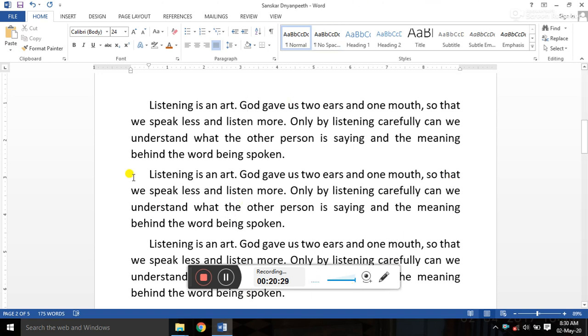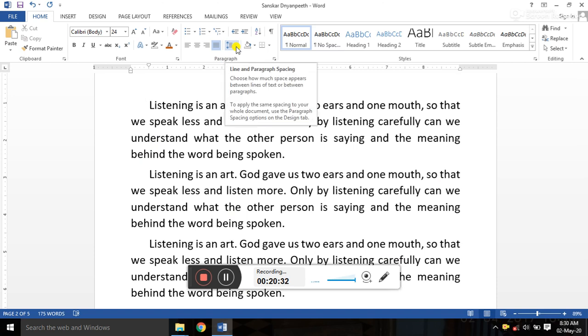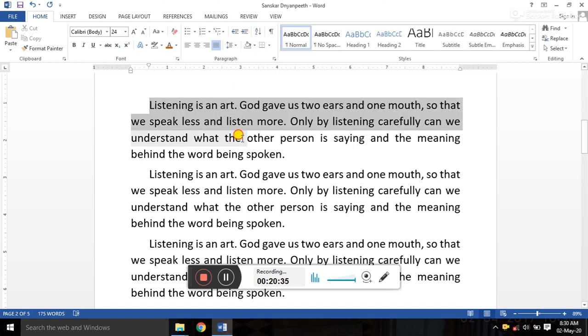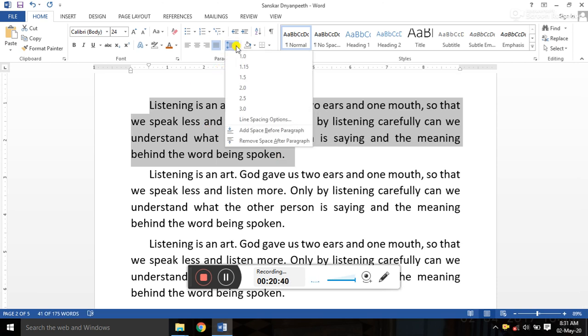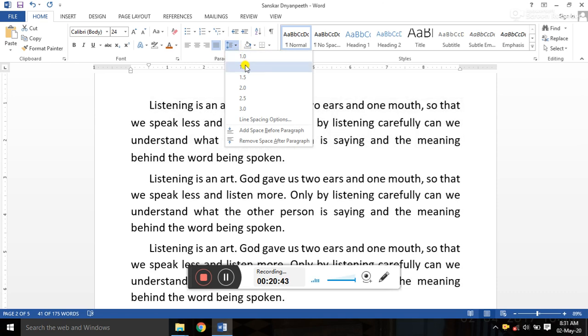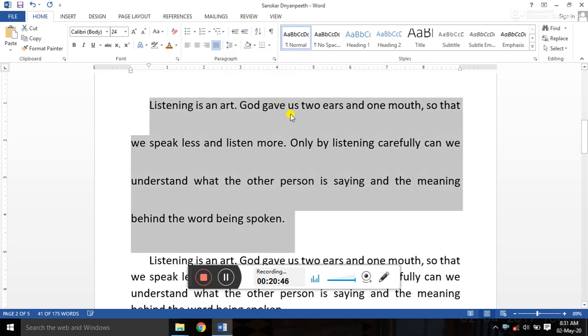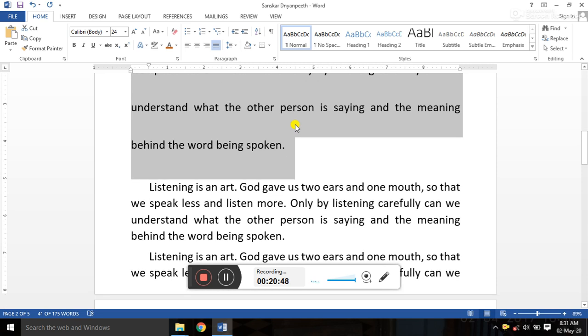Now next, the last option today we are going to learn here is line and paragraph spacing. Once I select the paragraph, now click here, that option is called line and paragraph spacing. Click on the line option, right? If you want to increase, see here I click on 2.5, right? Here is the distance in between two lines. Now see, practically, line spacing means giving space in between two lines, right? But there are also theoretical questions. The theoretical answer is that the space in between two lines is called line spacing, right?